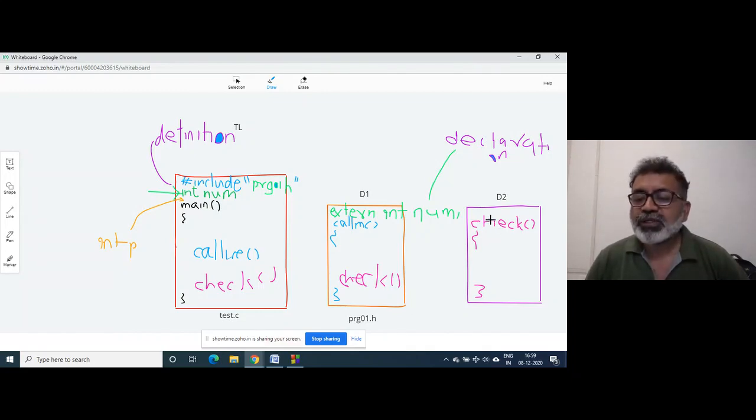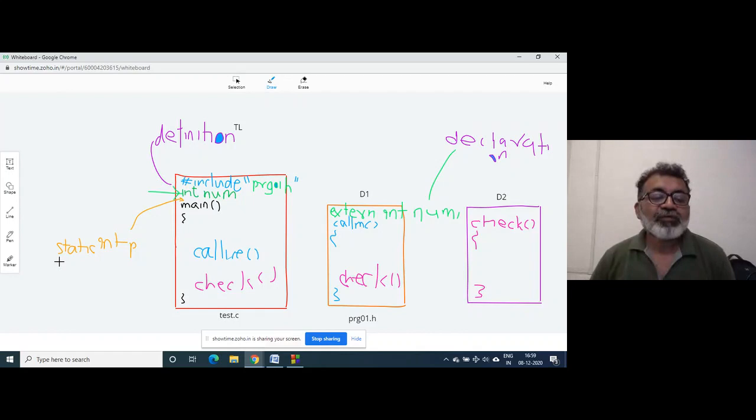Now, coming back to this problem, since the team leader wants to restrict D2 from accessing p, what will he do? He will attach the keyword static here, so he will write static int p.